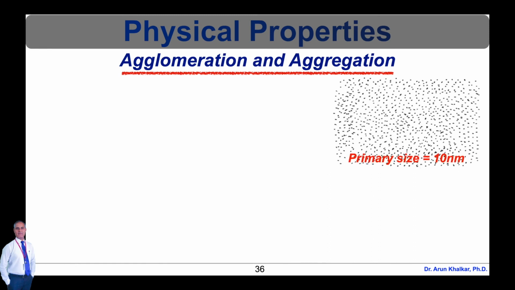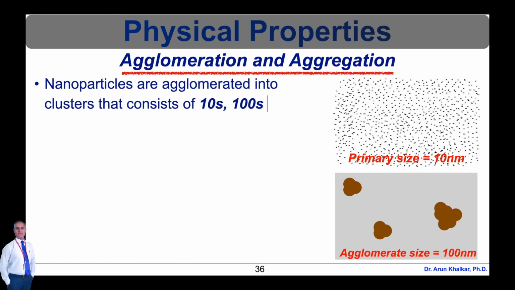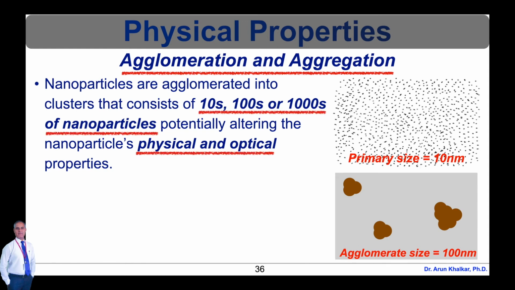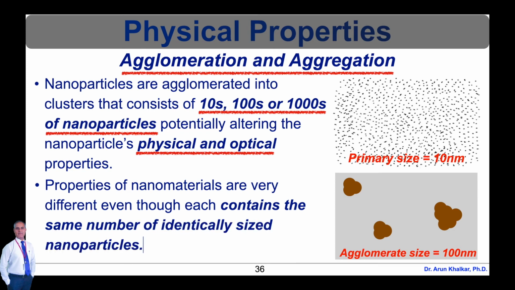Aggregation and agglomeration are terms that are widely used by nanotechnology researchers to refer to nanoparticles that have associated into clusters composed of two or more nanoparticles. Use of aggregate versus agglomerate is industry specific, but in the nanoparticle field, the two terms are equivalent and can be used interchangeably. The vast majority of dried nanoparticles are permanently agglomerated into clusters that consist of tens to hundreds or even thousands of individual nanoparticles, significantly increasing the effective size of nanoparticles and potentially altering the nanoparticles' physical and